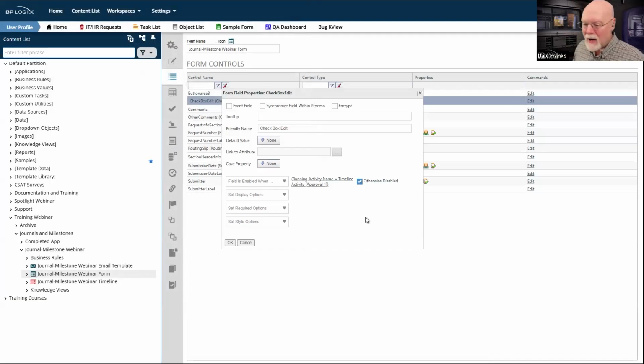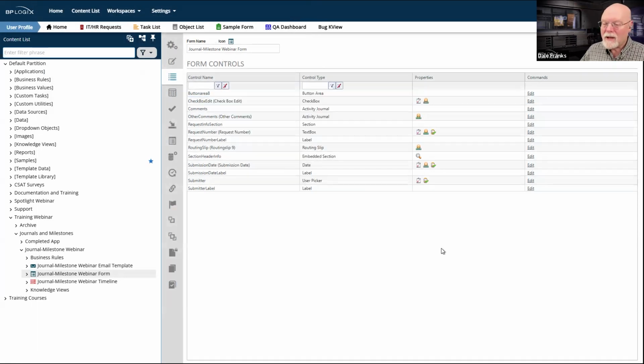Okay, so assuming that I've configured this right, this checkbox is only going to be displayed whenever the running activity name is approval 1. Okay, so that's great. And now that control will be enabled.